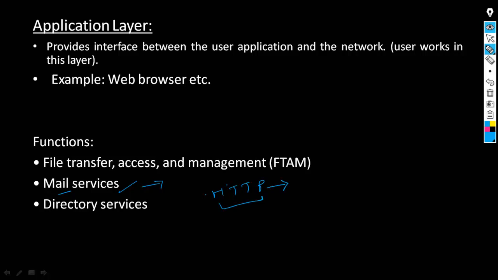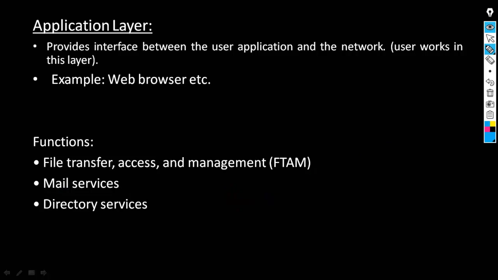HTTP will allow you to access the web page and provide an interface to connect to a particular service. So for emails we use the SMTP protocol, and we'll discuss protocols in our upcoming videos. For now, just remember every protocol is defined by a port number.